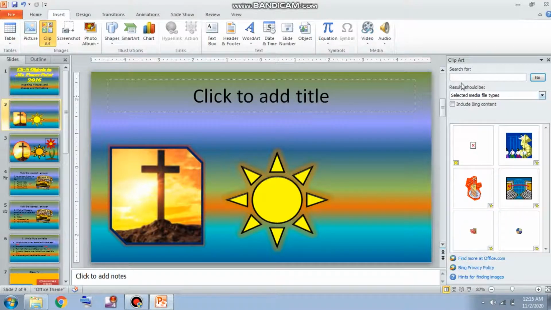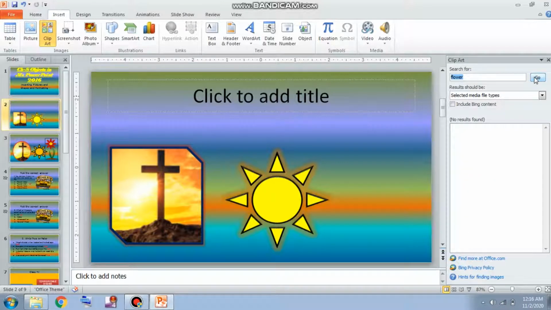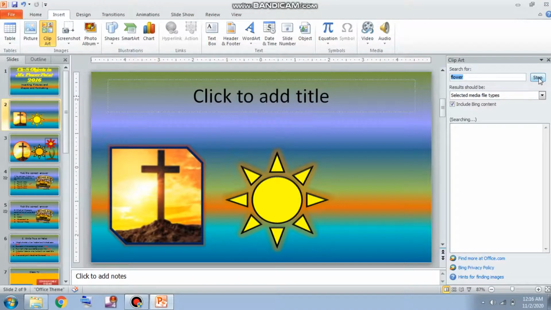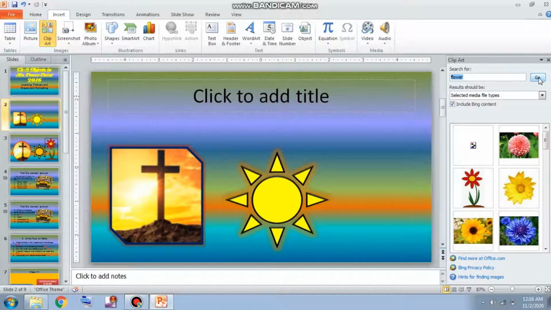Then what we will do, we will click on the search box and we will type flower and click on go. Okay, if there is nothing, then we will erase it, make it blank, and then directly click on go. Then you will get options like this, right. If you have an internet connection, then you can directly find any picture. Search any picture from this and click on it, and then we can get the picture. It will take some time because of the internet connection.